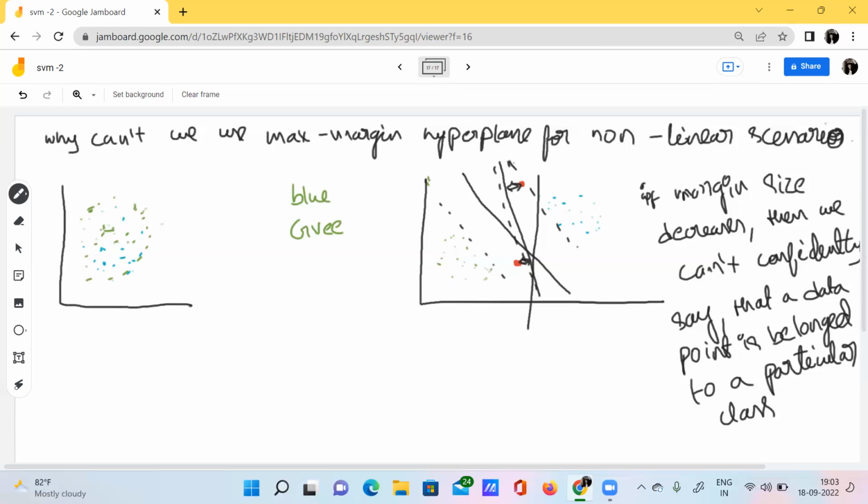With this short type of margins, we can't clearly classify. Why? Because this data point is very, very close to the margin. If any data point is close to the margin, then we can't say whether this particular data point belongs to this class or that class.